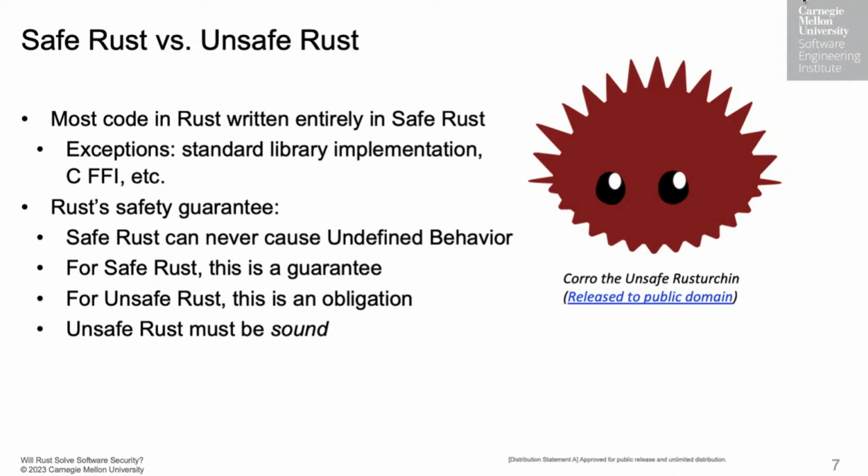So when you're writing safe Rust, the guarantees of Rust are something you rely on. You don't have to worry about causing undefined behavior because the language protects you from it. When you're writing unsafe Rust, then all Rust guarantees become obligations for you instead. In unsafe Rust, it's your job to make sure you don't let safe Rust break any of those rules. And then unsafe Rust that does that correctly is called sound. And if it does it wrong, it's unsound, and soundness bugs are that category of bugs.